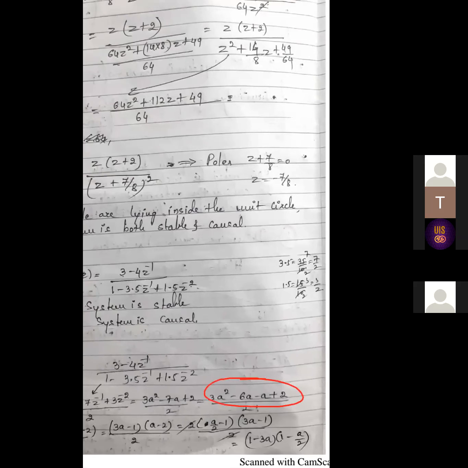So how to do that? The 6 ones are both minus, six into 1. After that, take 3a common in the first bracket, then you will get these two brackets. Then, as the denominator is 2, to cancel it out take this 2 common, so 2 gets cancelled. You will be left with a by 2 minus 1 and 3a minus 1.